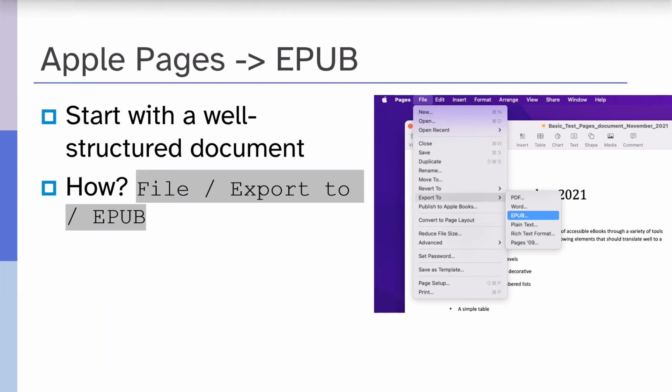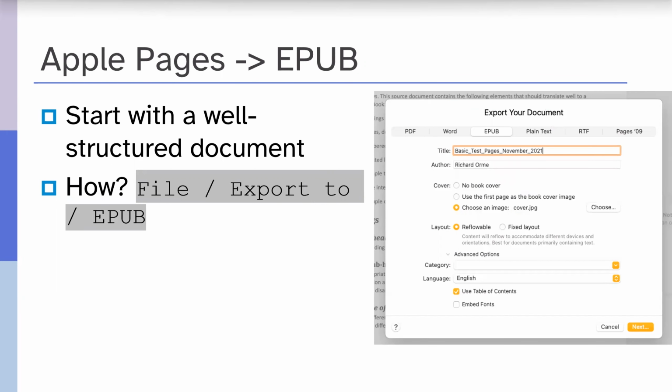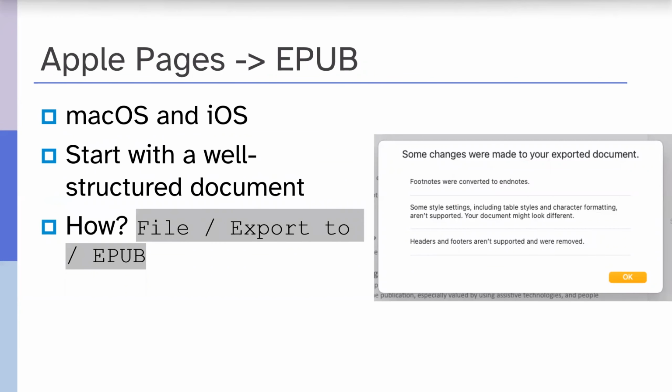Then to create your EPUB, you would go File, Export to EPUB. Then what you get is a little dialog with some options in there. So here you get to choose the title, you can set the author, you can apply a cover image, and importantly, you must choose your layout option as reflowable, and that will get you reflowable EPUB 3. You can define the language for your publication,